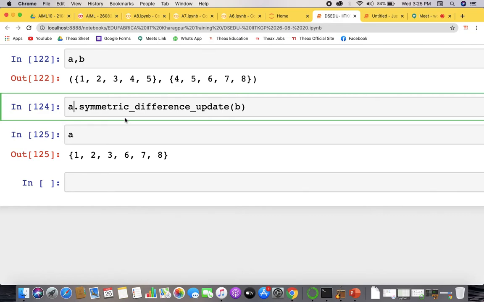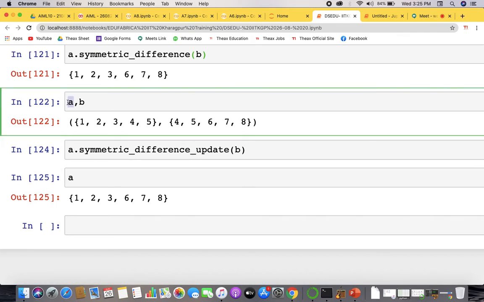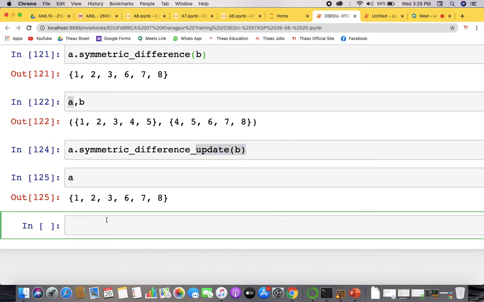The symmetric difference value is updated inside the first set, with the second set taken as the other operand. Similarly, the same goes for difference update and intersection update.